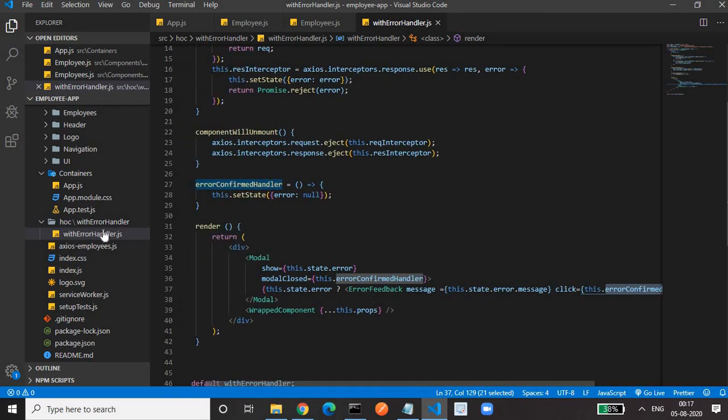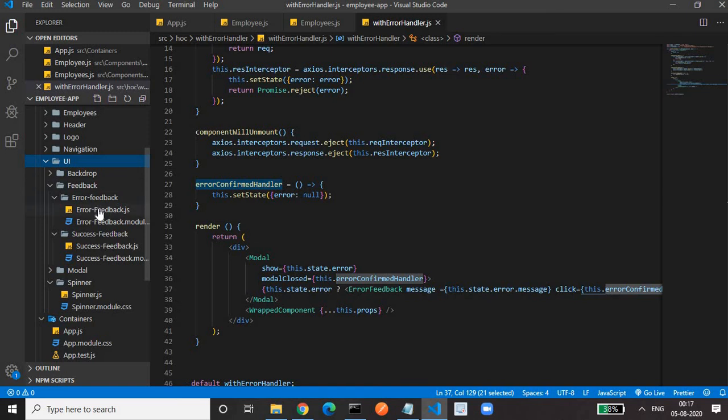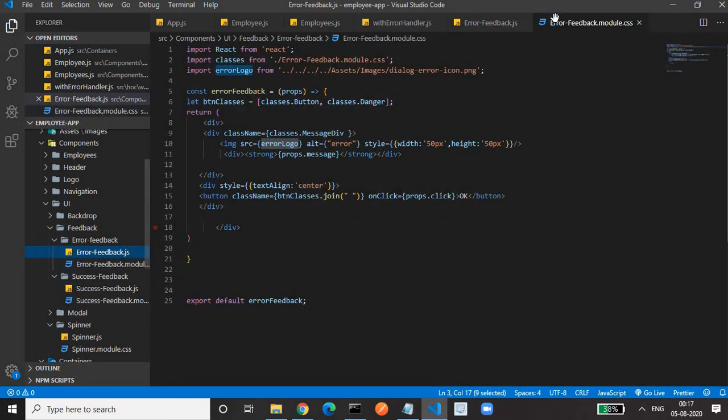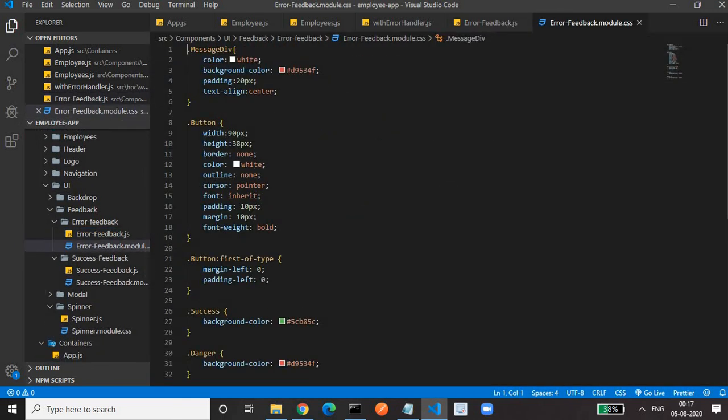This is the error feedback, and we have already seen how it looks. If you want to see it once again, I will show you. This is the errorfeedback.js file, and this is the errorfeedback.module.css file.